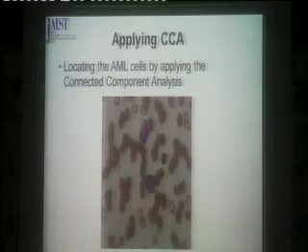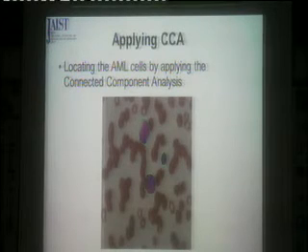Okay, so this is a result of detecting white blood cells, segmented with